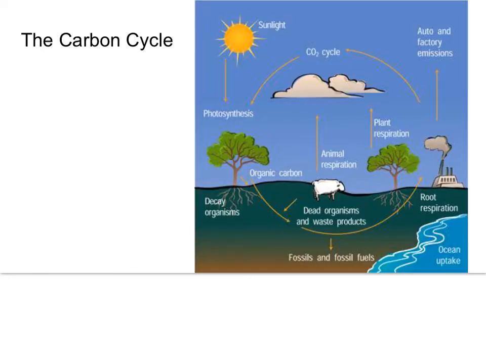Carbon cycle, really important. This one is a little bit easier just because we've talked about photosynthesis and respiration before. So sunlight and CO2 are going to go into plants, create organic carbon. And then either animals are going to eat said plants, right, and respire CO2 back into the atmosphere, or those plants are going to die and either, again, become food for mushrooms or bacteria or something, respire CO2, or they die and become fossil fuels, and that takes millions and millions of years.